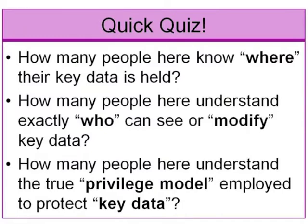I know you can't really respond to me, but if you want to respond as a question later on, that's fine. I'll come back to this slide at the end of the talk as well. This is really just to get you thinking. Obviously you can't respond directly, but how many people here know where their key data is held? So just get these questions in your head and remember them as we go through. How many people here understand exactly who, real people I'm talking about here, in your organization can see or modify the key data? The data that you really classify as the key or the special data or the most important